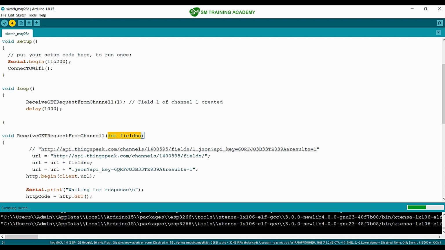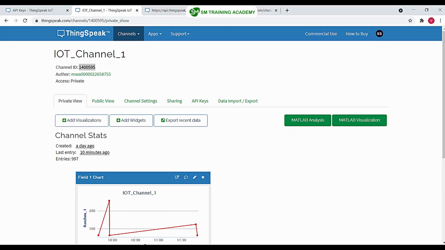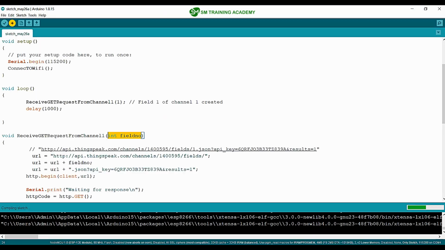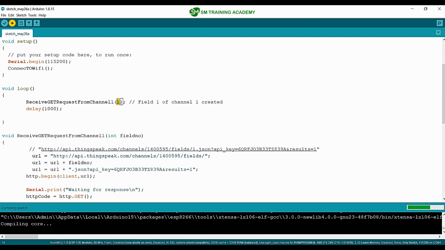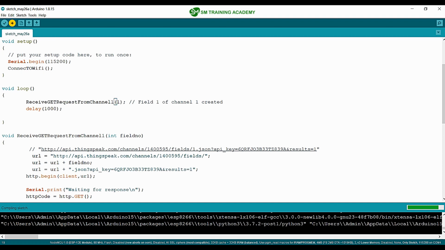So the channel is constant. You can only read from this channel only using this function, but the field from where you are reading to that corresponding channel can be changed by changing the parameter value right over here. If you want to read from the field 1 of the same channel, you just want to pass 1 over here, and if you want to read from the field 2 of the channel, you just want to change the number here to be 2.